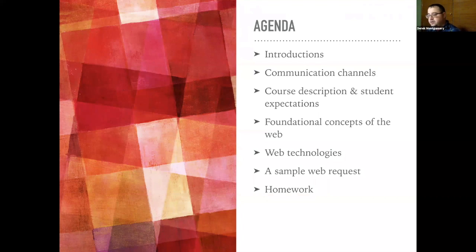It's not going to be any coding, and there's going to be no assumptions. We're just going to start from the very, very basics: foundational concepts, just general ideas, and then technologies. I'll give you an overview of that, and then we'll talk through what a sample web request is and what that looks like. And then I'll assign you guys a little bit of homework. It'll be easy though.